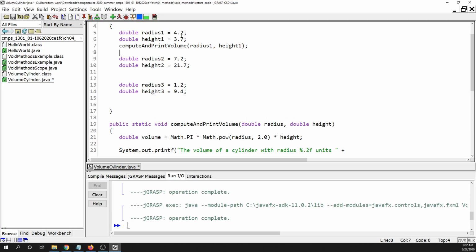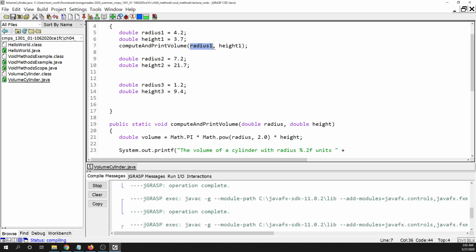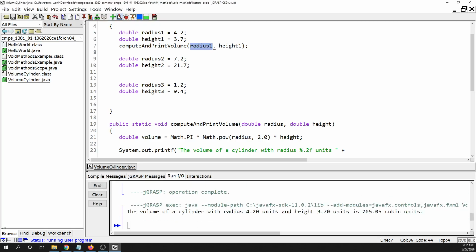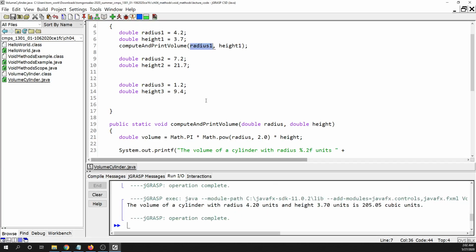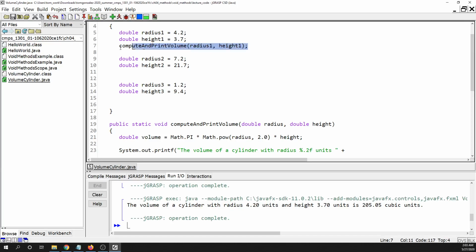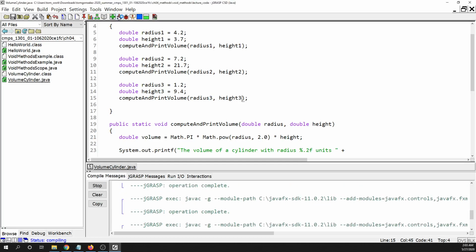So what will happen is that when we call this method, the value for radius1, which is 4.2, will get sent here, and the value for 3.7 will get sent here. All right. And so now you can see that we get one line of output, and we'll have to do that for each of those 3 times. For radius2, height2, radius3, and height3. And then we get our 3 messages,